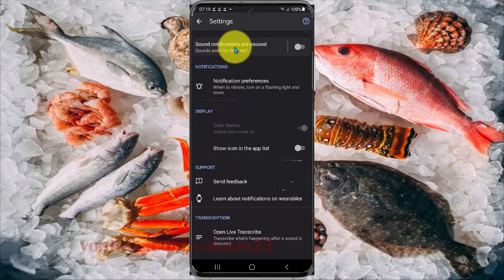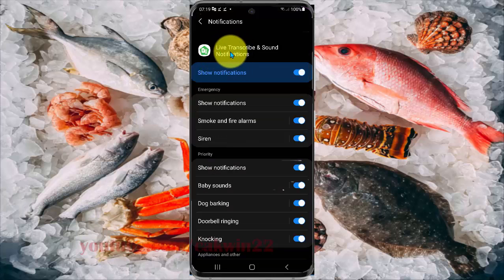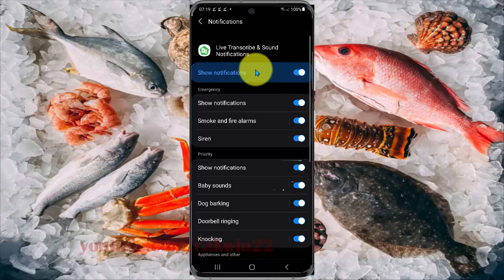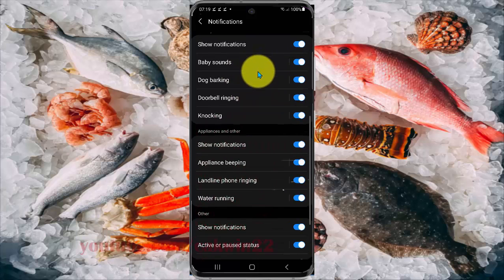Tap sound notifications. Sound notifications are paused if you turn off sound notifications, and if you turn it on, sound notifications are active. And then turn on live transcript and sound notifications. If off, tap the show notifications switch until blue to turn on, and then scroll down,